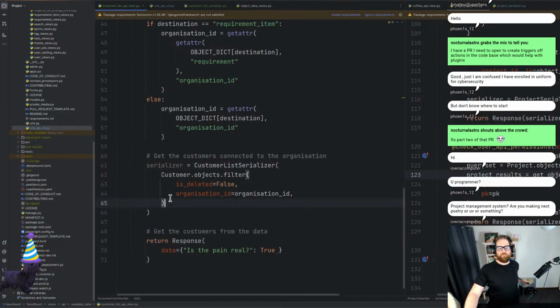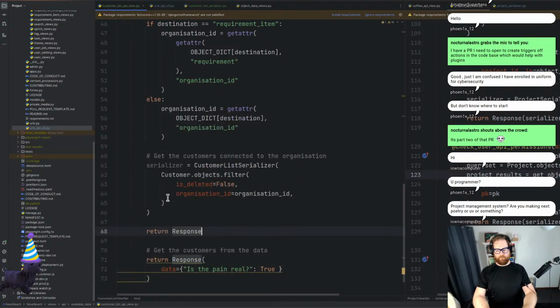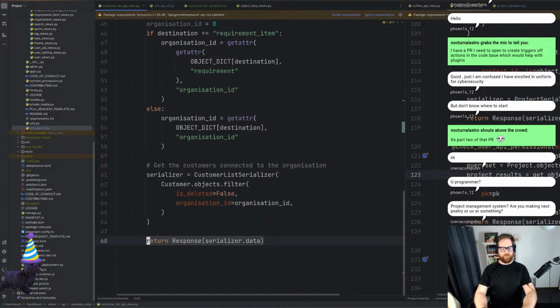We've got the data, and we just pass it into this, and Bob's your uncle. And then we just return a response. Like so. And if we get rid of all of this data,